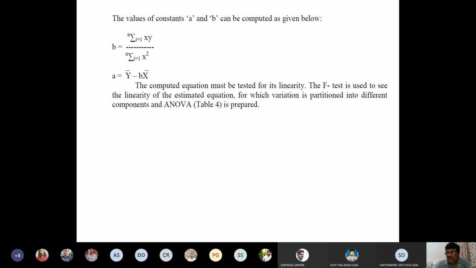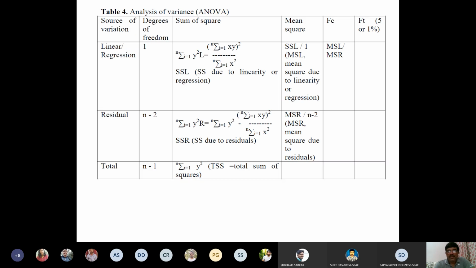Now the question comes whether this equation is genuinely representing a linear relationship, whether it is truly linear or not, and how to test it. The F test will test the linearity of this equation. To test it, I think most of the students know the F test was developed by R.A. Fisher, therefore its name is F test, and it is